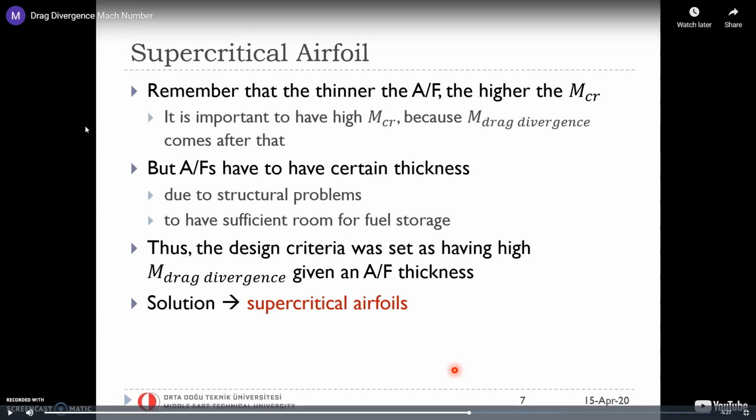The third solution, which we are discussing right now, is the usage of supercritical airfoils. Whatever that is, we will see. And the fourth solution is using a sweep angle when designing wings. We will also talk about this. Of course, at the end of the day, you have to do all four of these, plus you need a powerful propulsion system to push you through this high drag region. And only after that